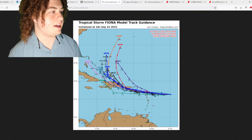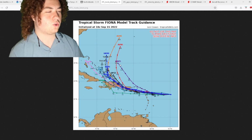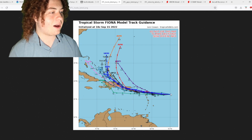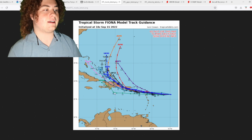Track models are still pretty interesting. We still have these models starting to make that turn right there. The HWRF is moving it still more towards the north, but the HMON has completely changed its prediction right here. The HMON now has this moving through the Caribbean, south of Puerto Rico, and kind of making a